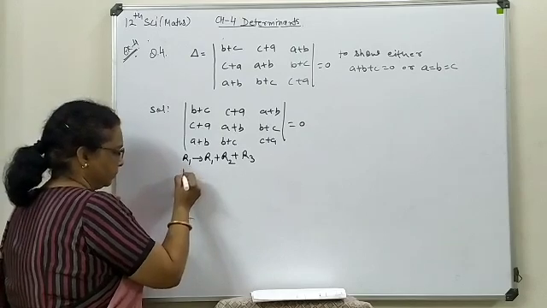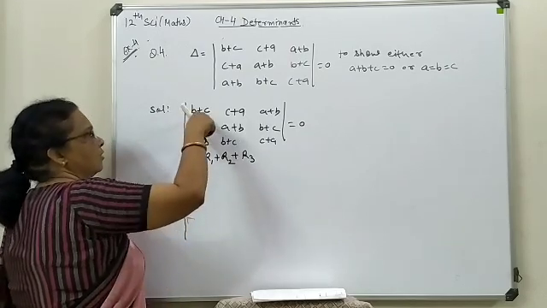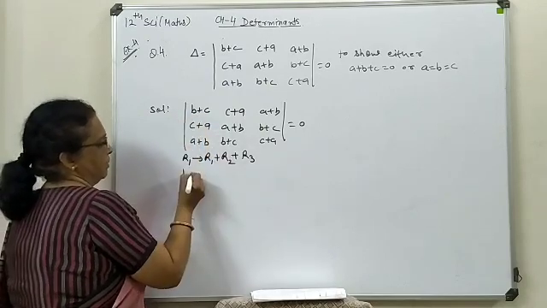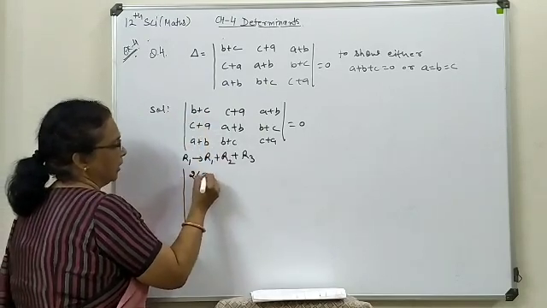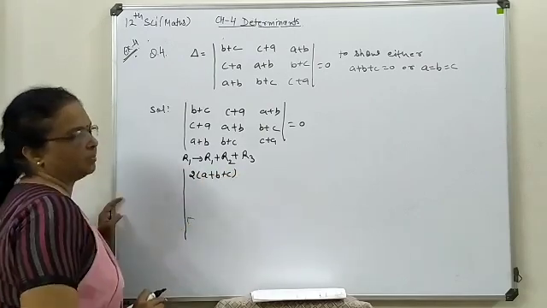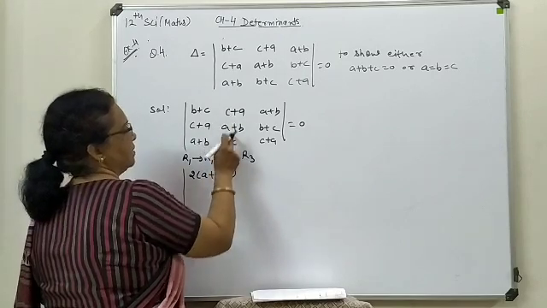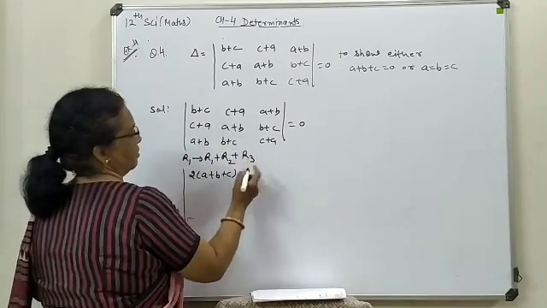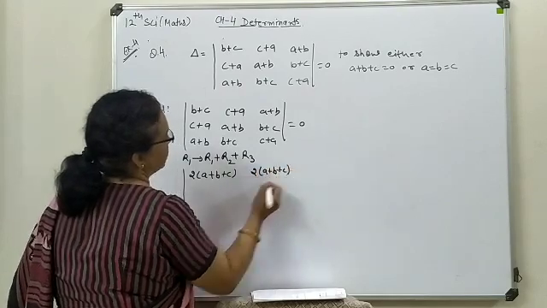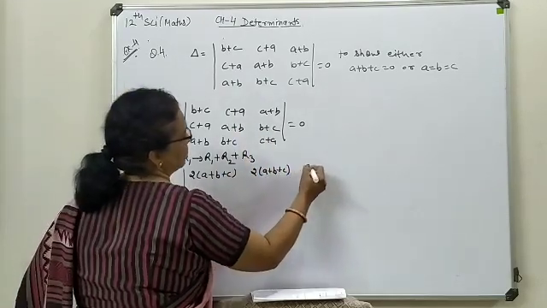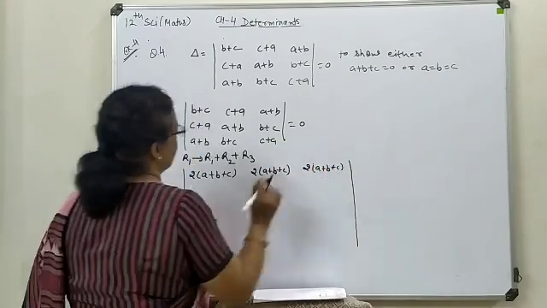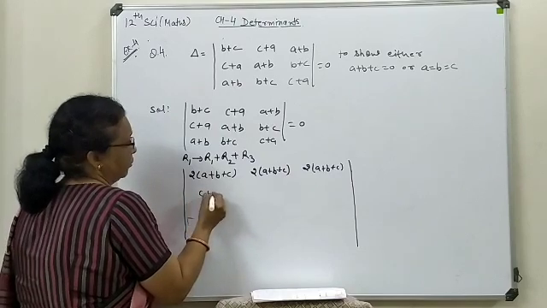So here you can see c is going to be twice, a is going to be twice, and b is also going to be twice. So directly you can take these common, or separately also it can be written. So twice a plus b plus c. Here also you can see c is twice, a is twice, b is also twice. So on adding them, again the same term will be produced. Here also the same, it is 2 times a plus b plus c. The remaining are to be written as such.